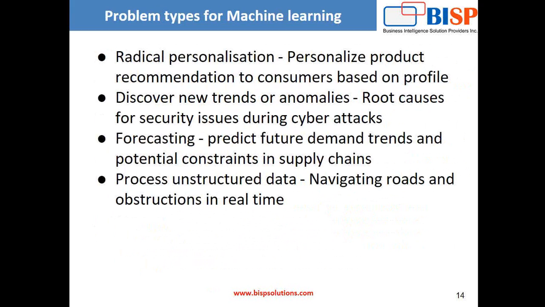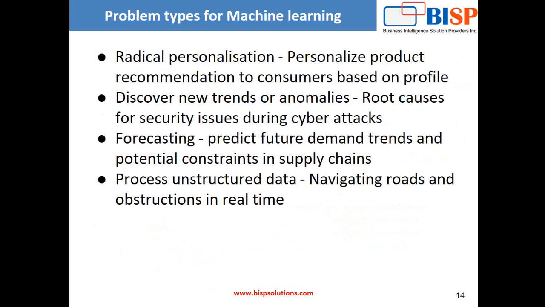Next is discovering new trends or anomalies. There are a lot of new things, and new data is getting generated. Very specifically, people now talk a lot about cyber security attacks, cyber attacks. How will you analyze a new pattern? We saw that machine learning is with respect to predictive analytics and pattern recognition. Because the world has become data rich, it's impossible for a human to find patterns in a large amount of data. So you require machines to find the difference between similar stuff. The difference between the similarities becomes a sort of pattern, and that's what we use to discover new trends.